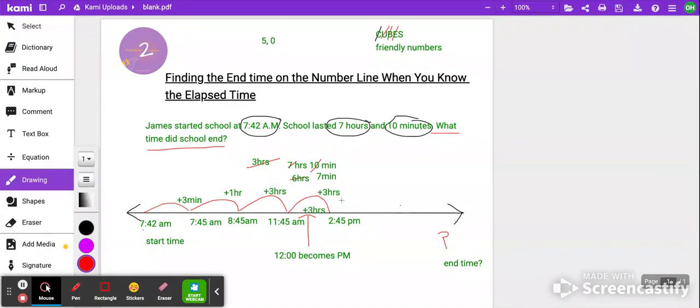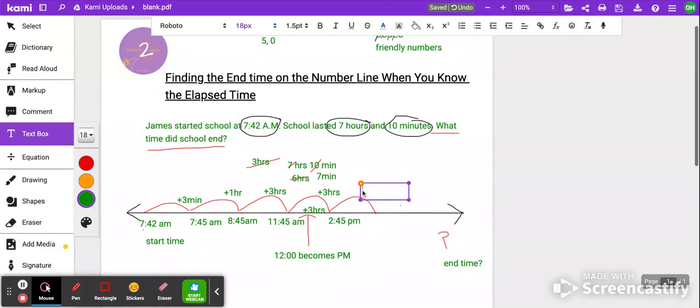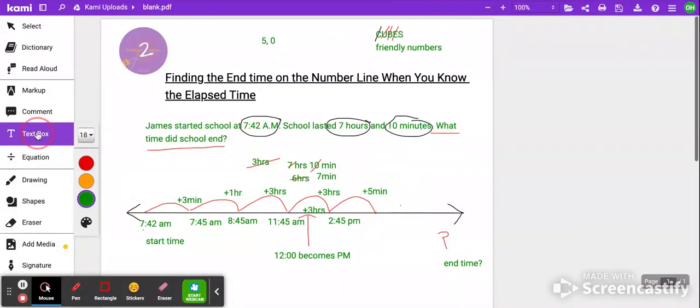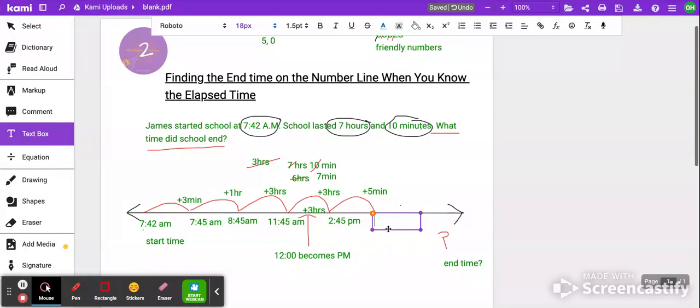So instead, I'm just going to go ahead and increase by 5 minutes because I think that's a little easier. So if I add 5 minutes, oops, let me put the plus sign here, onto 2:45, my new time becomes, you guessed it, 2:50